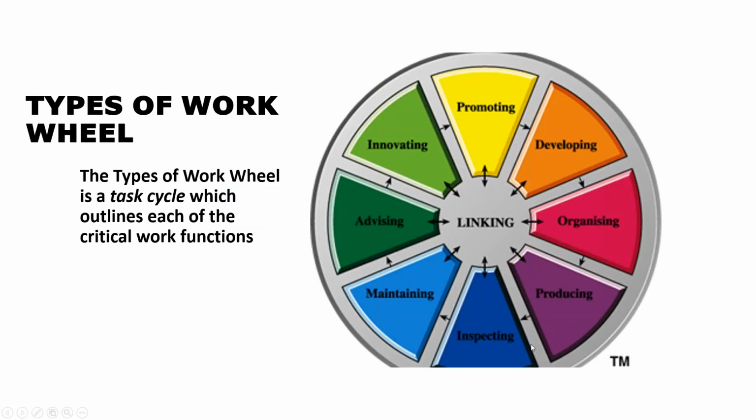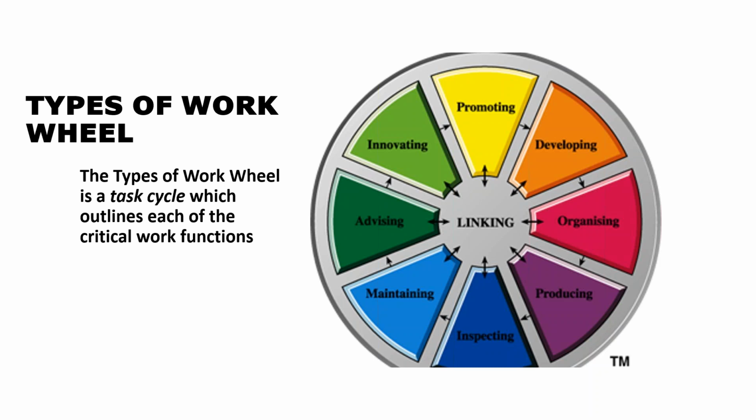Let me just go back one slide. So if you look at the team management model, and it's one that I'm very familiar with and I'm accredited in, there are many other models. There's the Belbin model, but essentially they all point to the same concept, and that is that each of us comes to a team, as I mentioned, with a particular mindset, a particular role that we want to play. And what you're seeing in front of you now is the wheel that comes out of the team management systems. And you'll notice that around the wheel we've got labels like promoting and developing and organising and producing and inspecting and maintaining and advising and innovating.